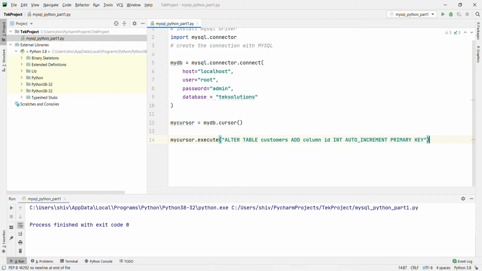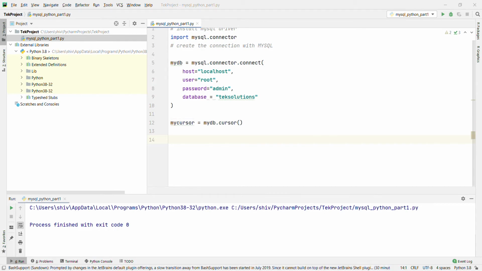Okay, now I am going to remove this one and add some values into the table.